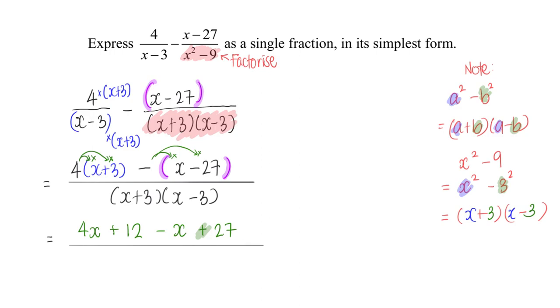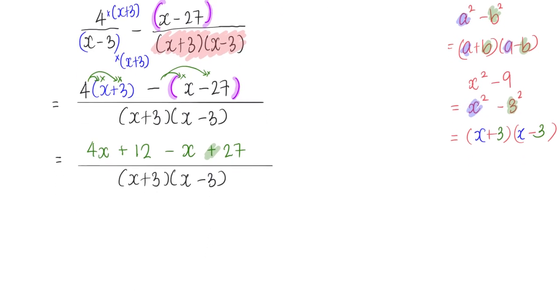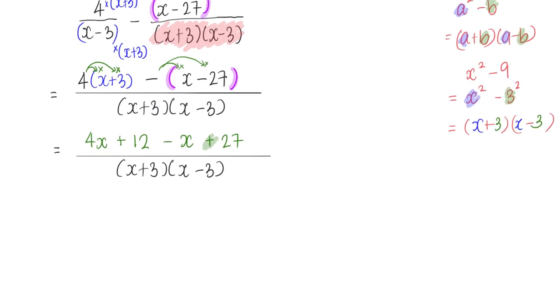Okay, the denominator is still the same, x plus 3, x minus 3, and after which all we have to do is to simplify the top, and this is what you will get. 4x minus x, that will leave me with 3x, positive 12, positive 27, positive 39,